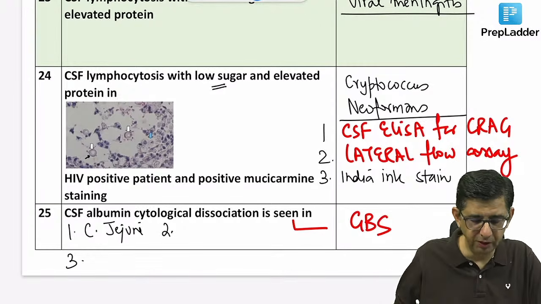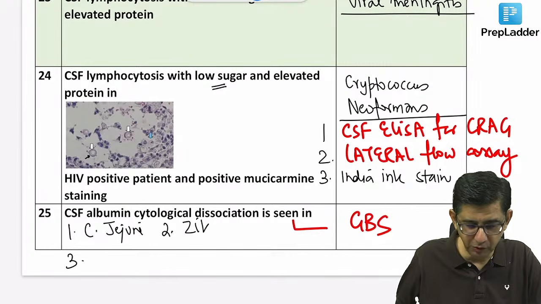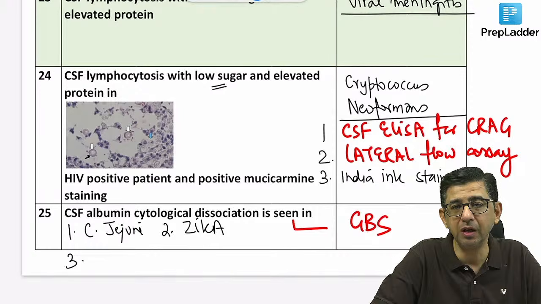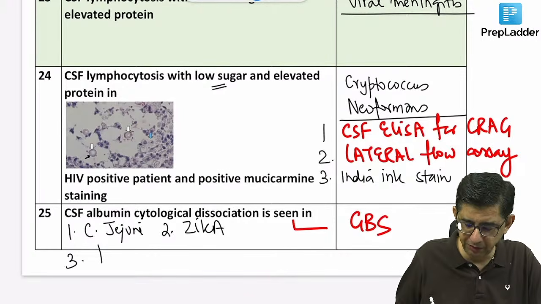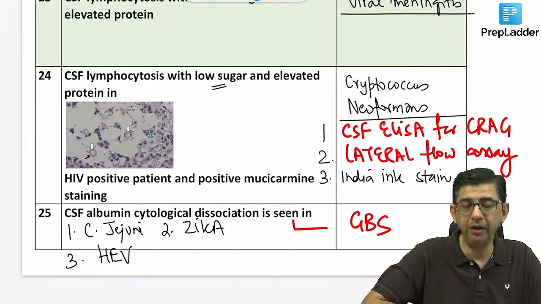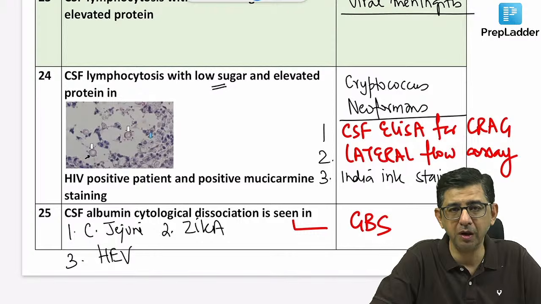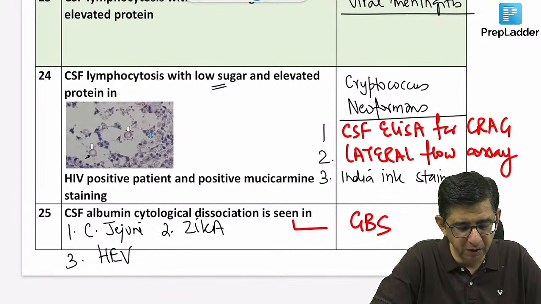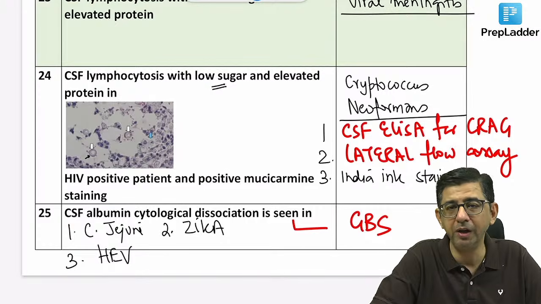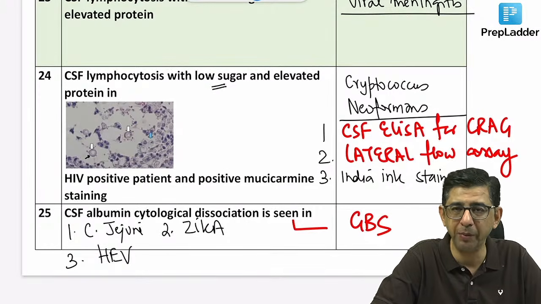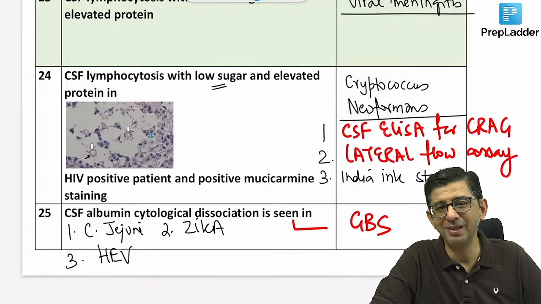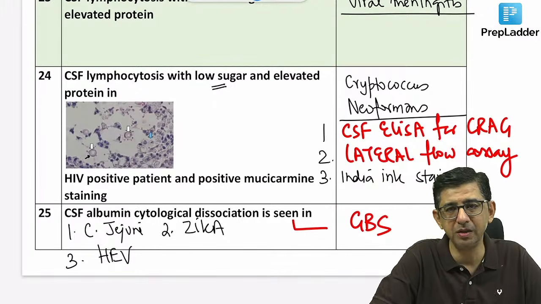Yes, it is Zika virus. The second most important virus responsible for contributing to this is Zika virus, and then would be Hepatitis E virus. So there are three important triggers that have been asked for Guillain-Barre syndrome: Campylobacter jejuni, Zika, and Hepatitis E virus. And in all of them, there would be a demyelination of the spinal cord and demyelination of the peripheral nerves, and therefore